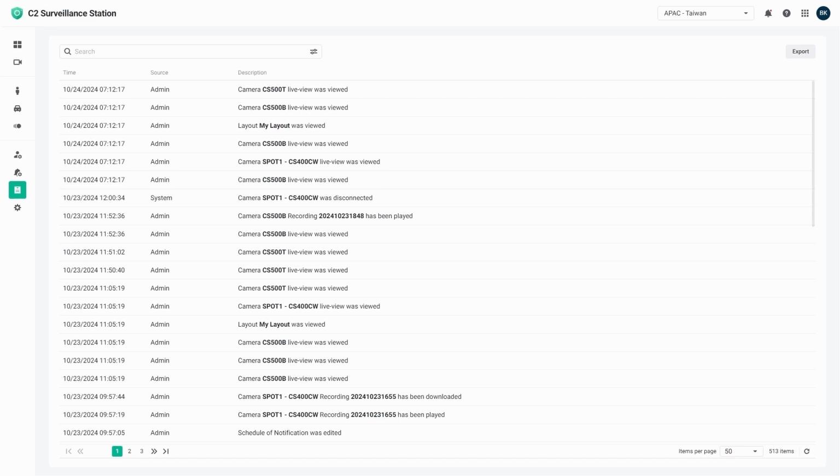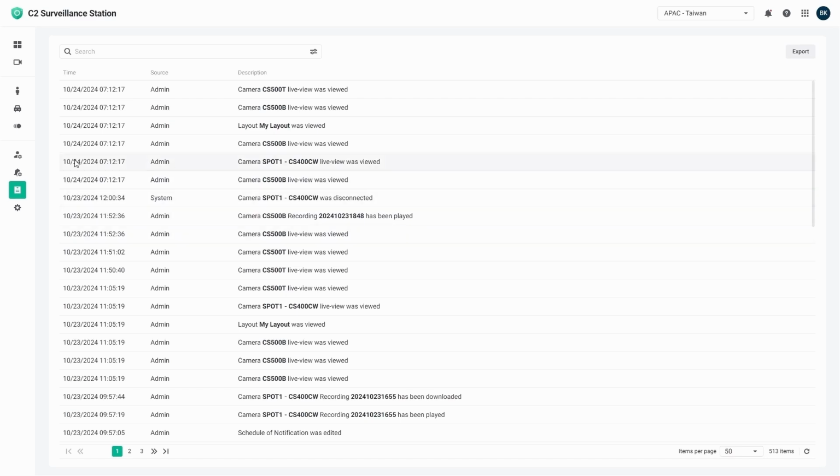We are now going to start talking about user management inside of C2 Surveillance Station. Keep in mind, since we are using Synology C2 Cloud Platform, that means that our user management is going to come from Synology's C2 Identity, another cloud service that is available, usually included with other services you're already utilizing, such as C2 Backup, just as another example. So a portion of this demo is going to be about C2 Identity, and if you need more information on that platform, we also did a Synology product online training on that platform too.